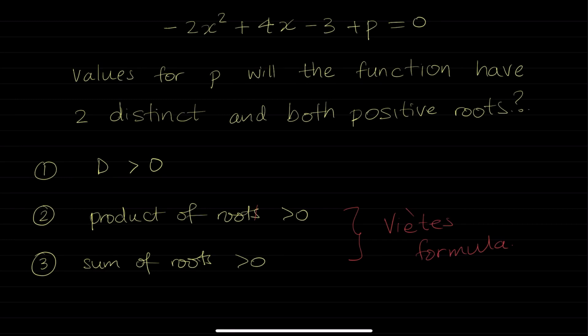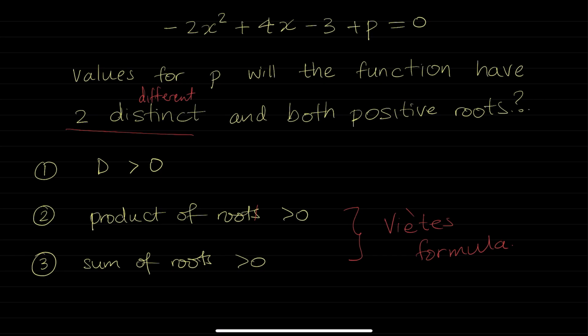We've been given the function minus 2x squared plus 4x minus 3 plus p equals 0. The question says, what are the values for p? Will the function have two distinct and both positive roots? So two distinct means two different roots. So distinct means different